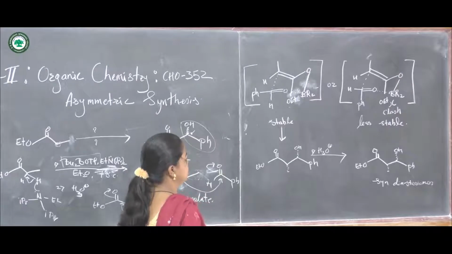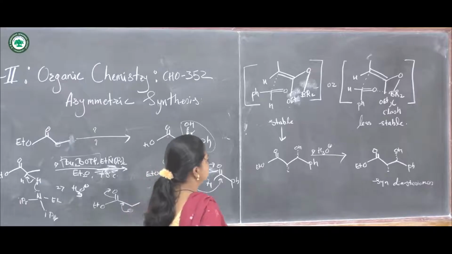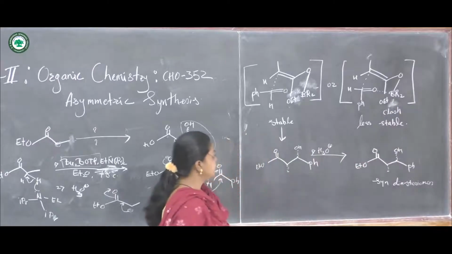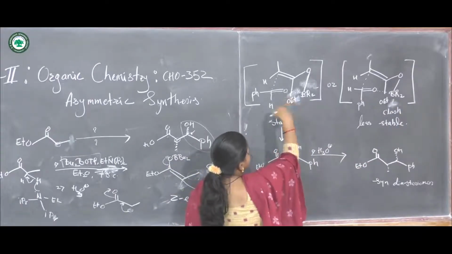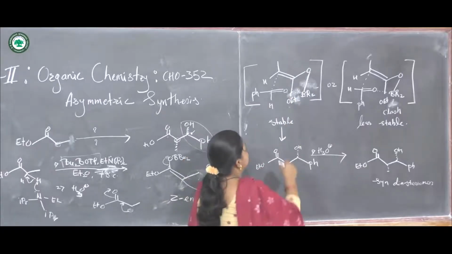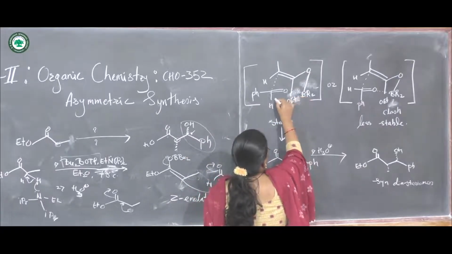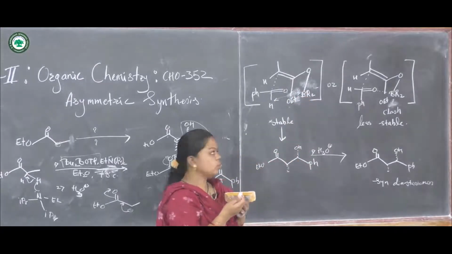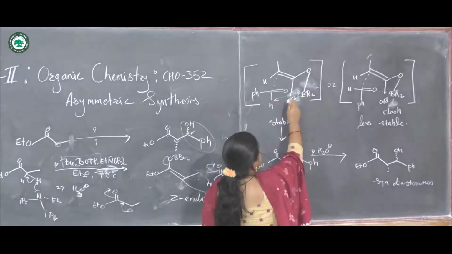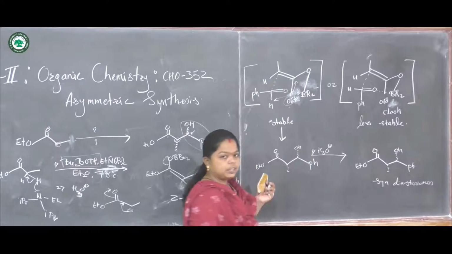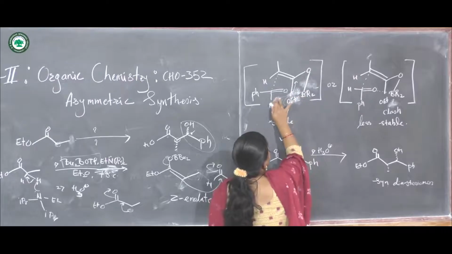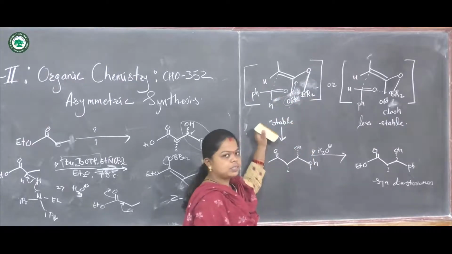So this is one possibility here. The OEt group is found to be similar, and now this OEt group is present on the back side. In this case hydrogen and boron are coming close to each other. These are the groups having closer proximity to each other. The other group is above, this is backward, so it will not interfere here, it is not a part here. Hydrogen is present here and boron is there. So this is found to be the stable transition state.